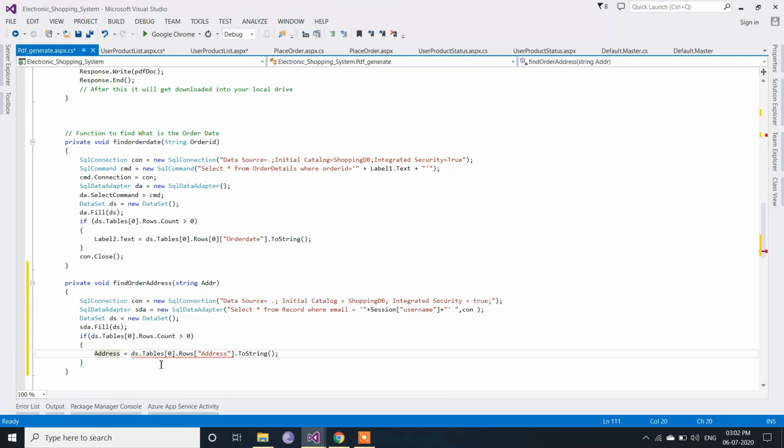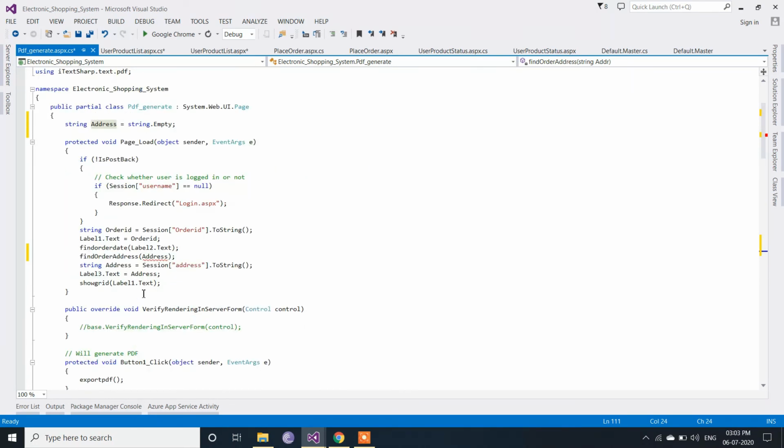Why is it showing an error? Okay, at rows, that is at 0 position, at 0 position it has been the column address. Now it's gone. Now it is going to get the value of address from the table record and store it in the variable address. Now we have to call this function. We have already done this here, right?